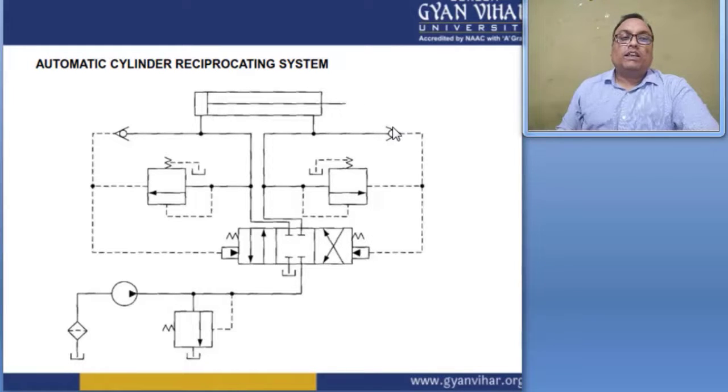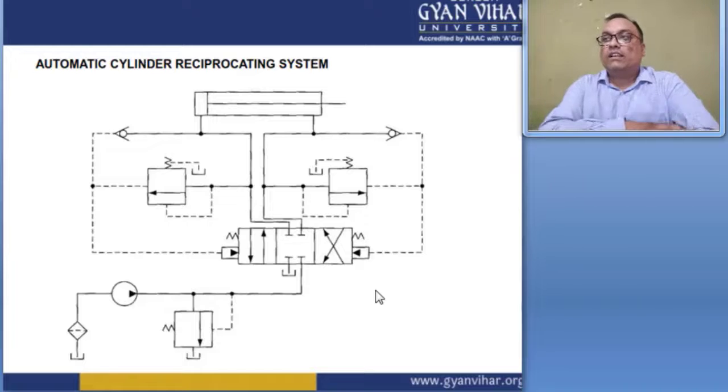So in this system, two sequence valves, three pressure reducing valves, one direction control valve, one pump, one filter, and a reservoir are used. And these are the hydraulic fluid lines. This is accomplished by two sequence valves, each of which shares a stroke completion by the corresponding buildup of pressure.